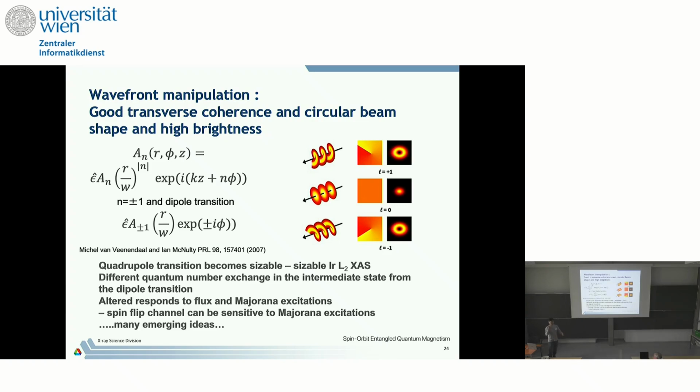But that's just an experimentalist's expectation. Theoretically, I do not know, because there's not much theoretical work. But by using this new wavefront manipulation, I expect new interaction, which means new excitation. Maybe we can apply this to the Kitaev quantum spin liquid system, and it may be a better way to observe not just the single spin flip excitation but multiple excitations. This is an ongoing study and we have not done it yet, but about 10 or 15 years ago at the APS, somebody made it, so it's possible.